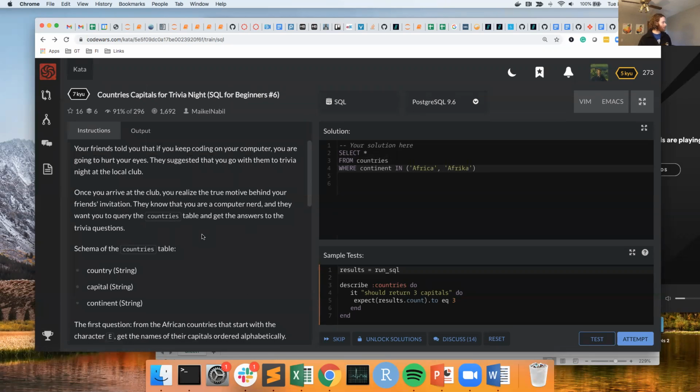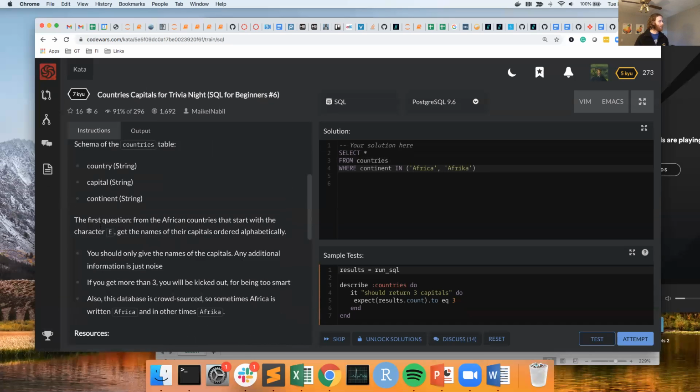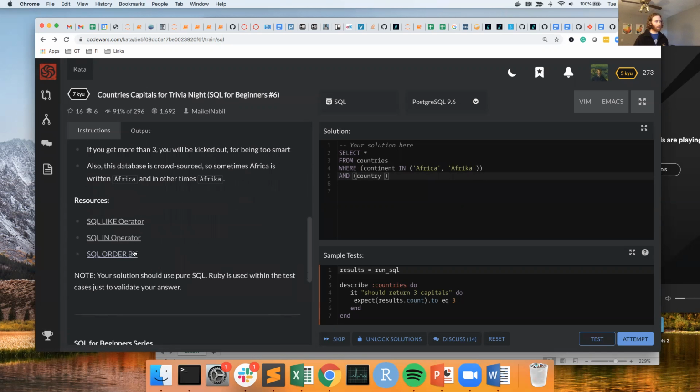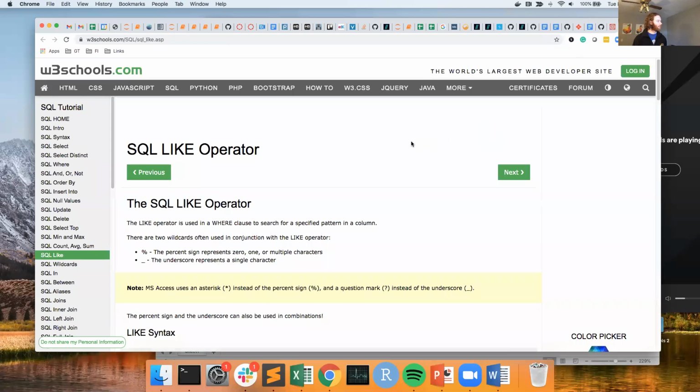And then the second condition, from African countries that start with the character E. When I have multiple conditions, I like to wrap them in parentheses. So the first condition is the continent is equal to Africa. Second condition is country. And they gave us another hint right here with this like operator. And this like operator will allow you to grab special characteristics. So if we take a look at this,